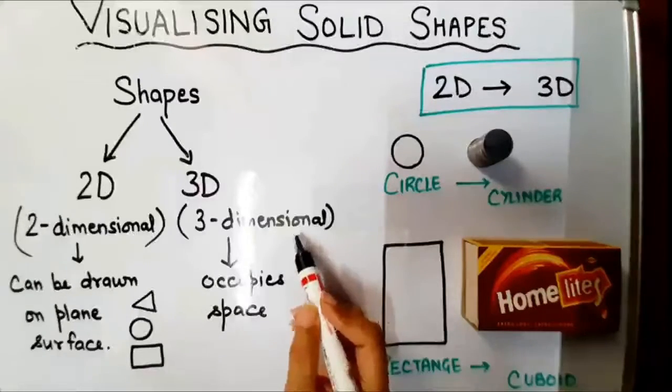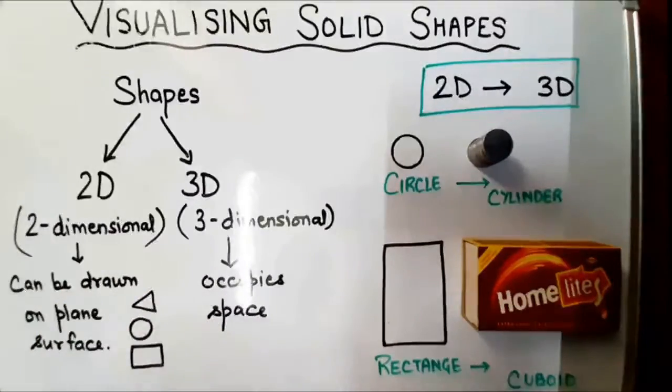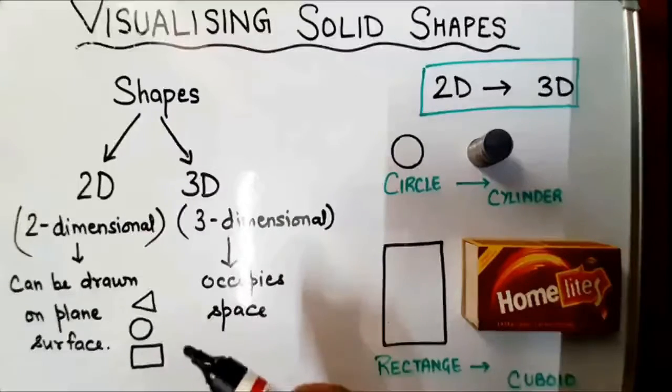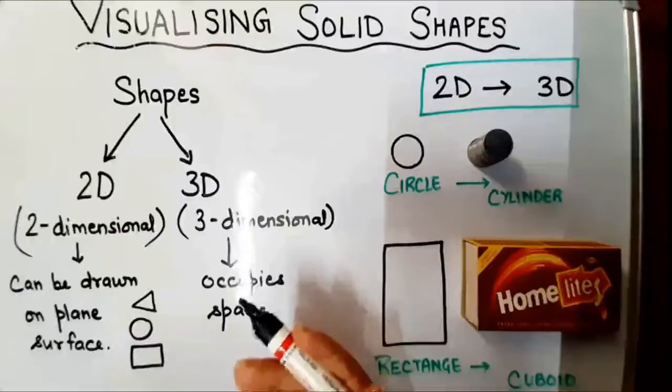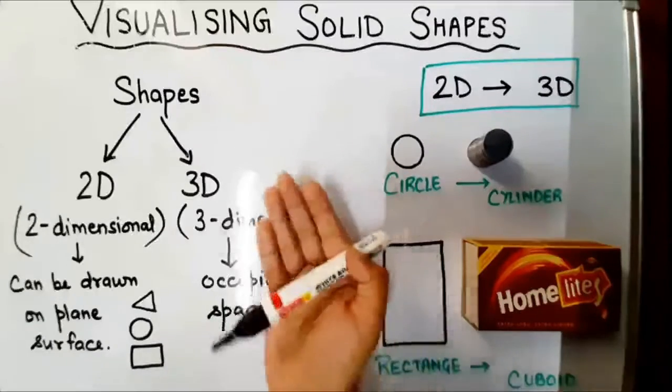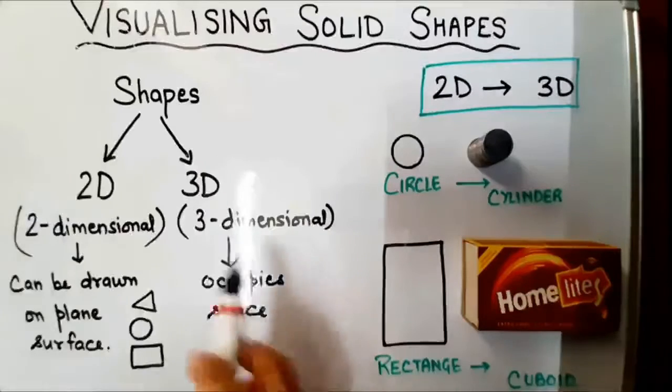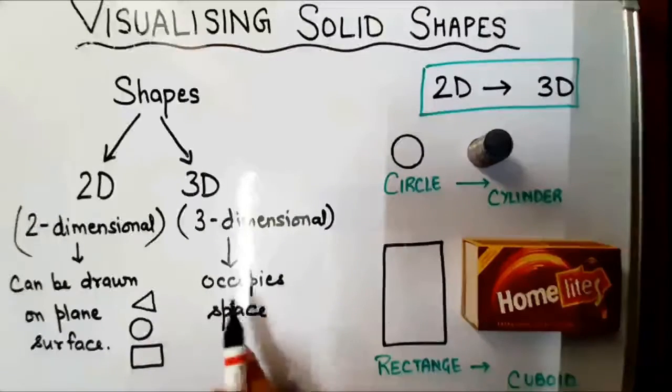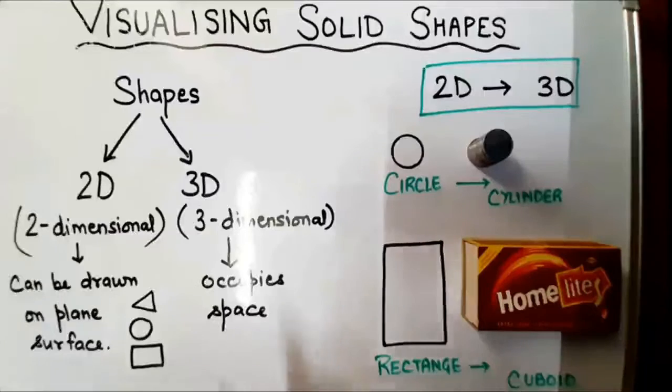Now, how are three-dimensional shapes different from two-dimensional shapes? The only thing is that this time a third direction is also added to these shapes. So this time the objects cannot be drawn on the plane surface, but they have a height also. Besides the two measures present on the plane surface, they have a third measure which gives them a particular height. That is why they are called three-dimensional shapes, and they occupy space also. This is the specific feature of three-dimensional shapes.